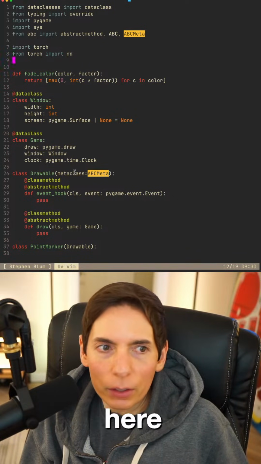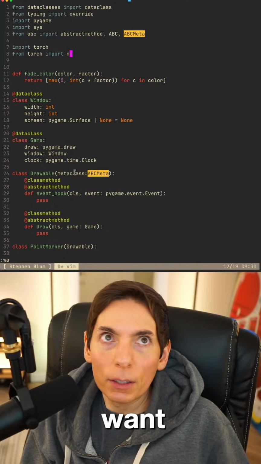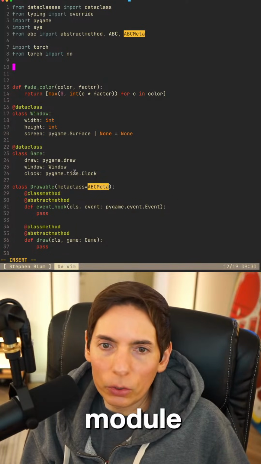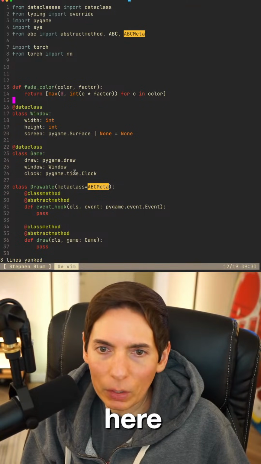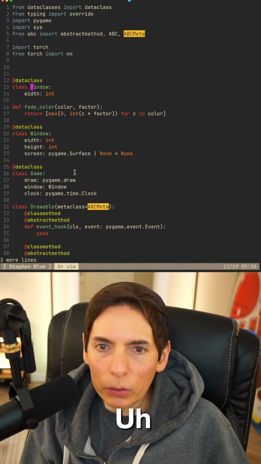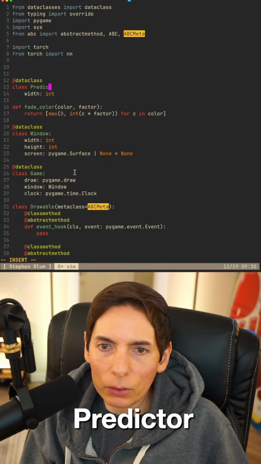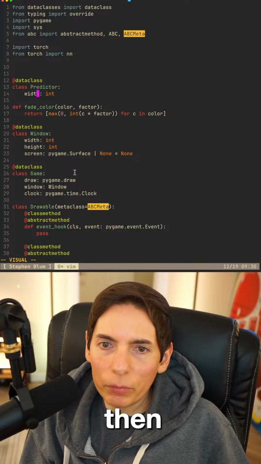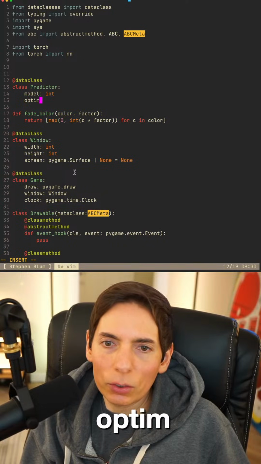Let's see here. All right, so we want neural network, and then we're going to want to set up our module. So let's see. We'll try to copy this format here. All right, here we go. We'll call this the predictor, and then we'll have the model. We also need the optimizer,